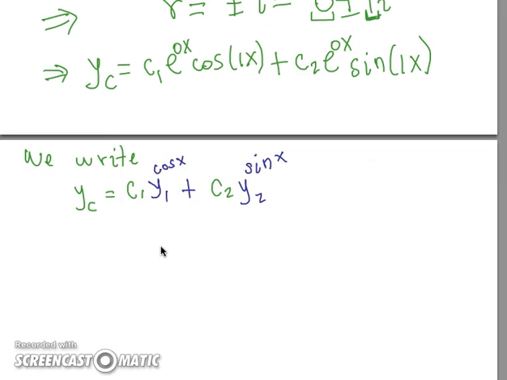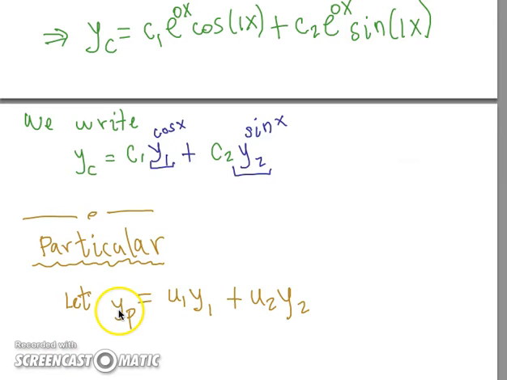We want to exploit the functions that are part of this linear combination, y1 and y2. We are going to use that in proposing a particular solution. So we write y sub p as u1 y1 plus u2 y2,